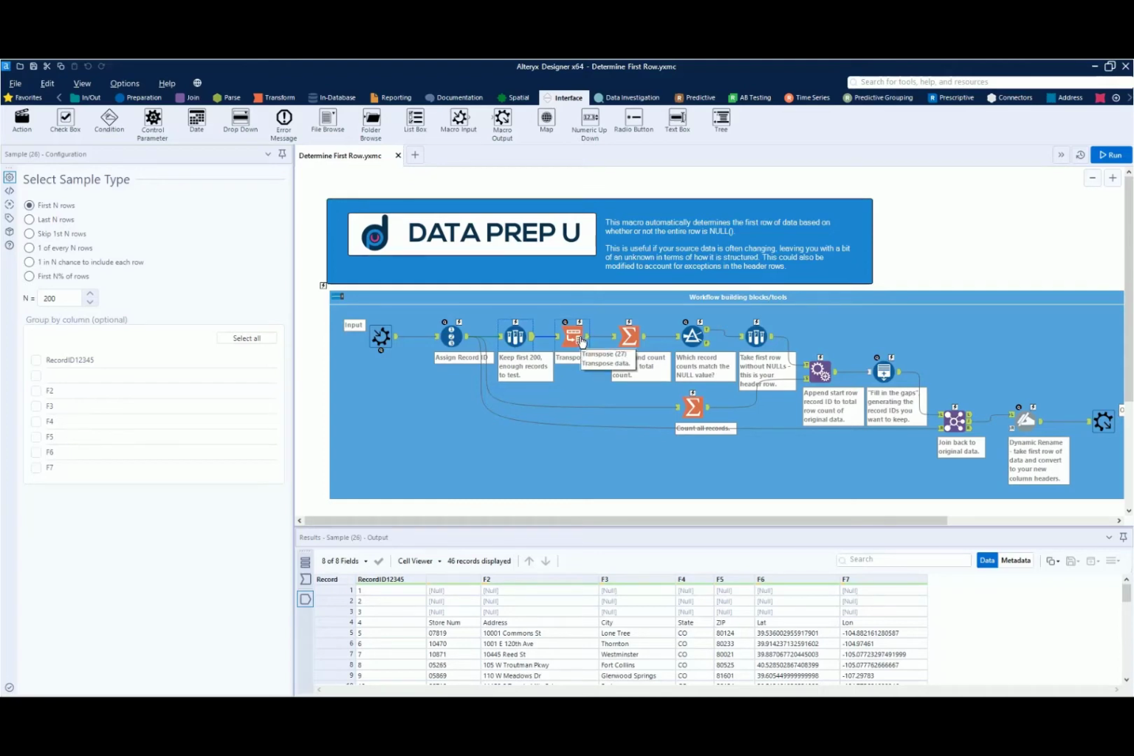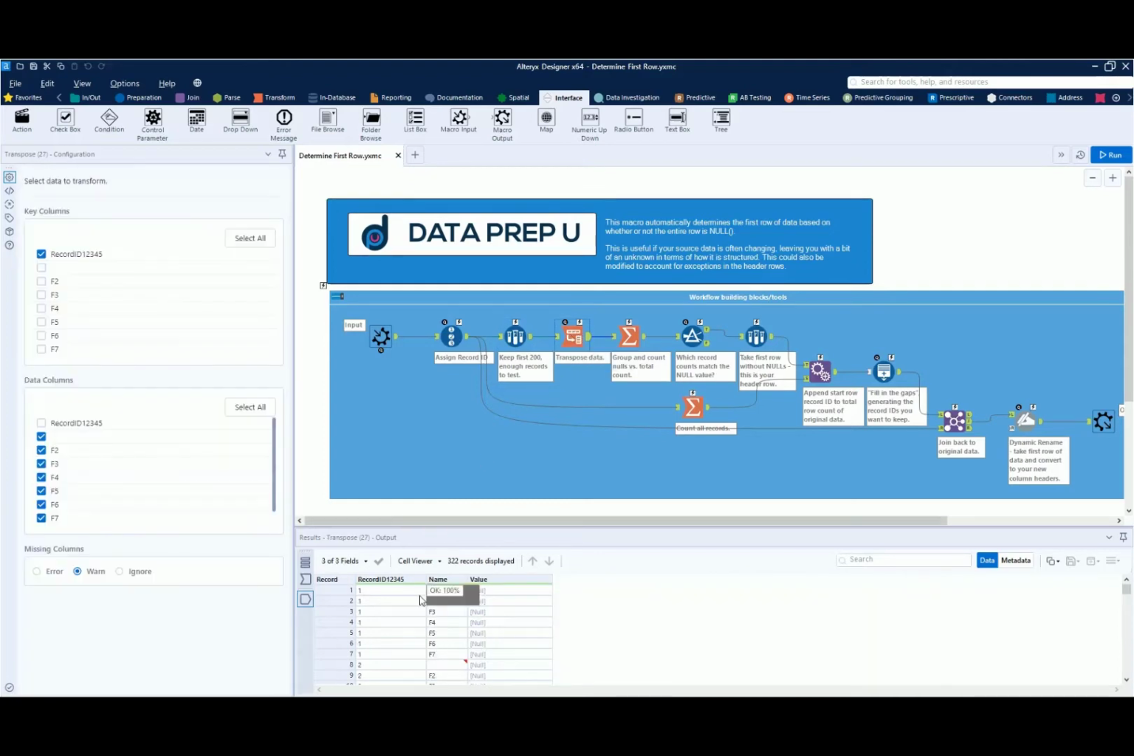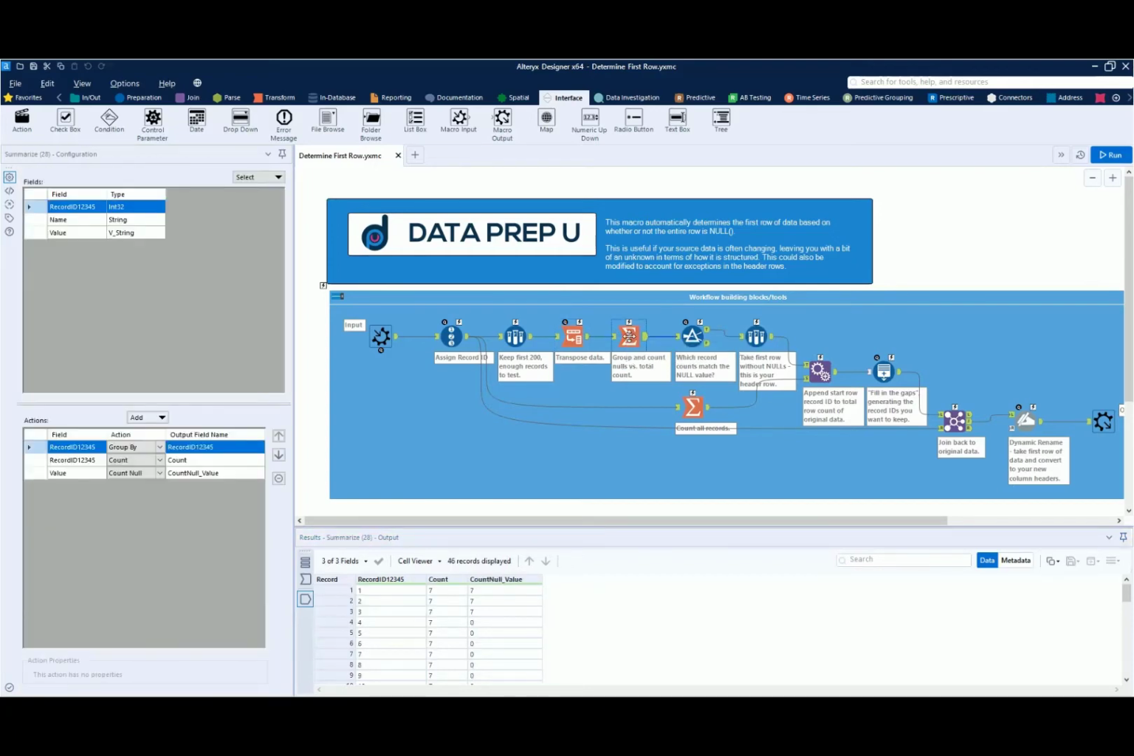And from there, what I did was I took a little transpose, ultimately trying to figure out how many of these were completely null. How many records were completely null across the board? And I determined that using a summarize tool, doing a quick little group by on my actual record ID, as you can see down here, and then doing a count of the number of records there were and then how many null values there were, which gives me a really nice bit of info in here